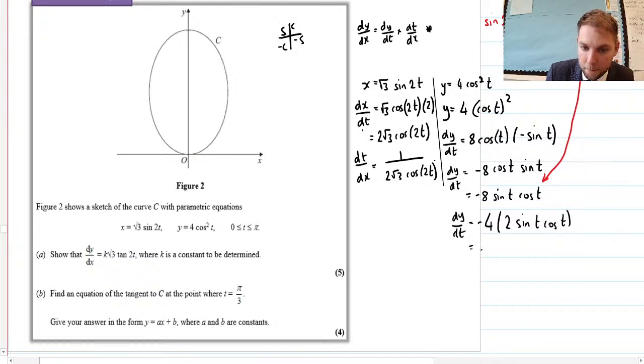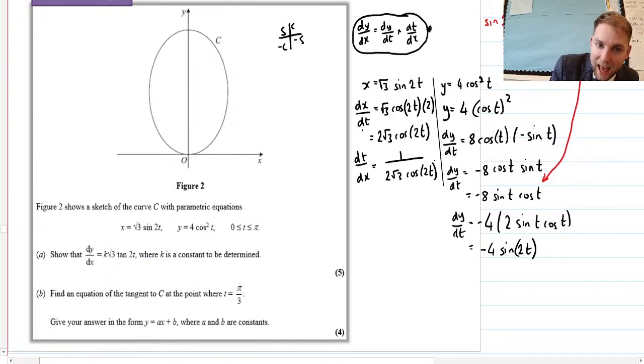which is equal to minus 4. Now that 2 sine t cos t is the same as saying sine of 2t. So minus 4 sine of 2t there. So now I've got this in terms of 2t. Okay, then I need to substitute into that formula, this top one up here,